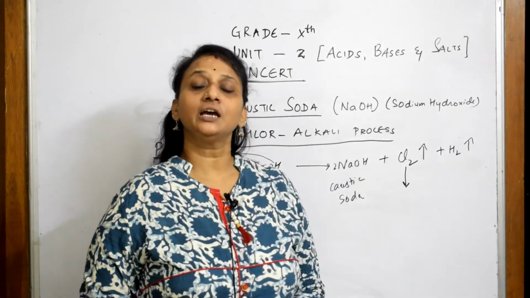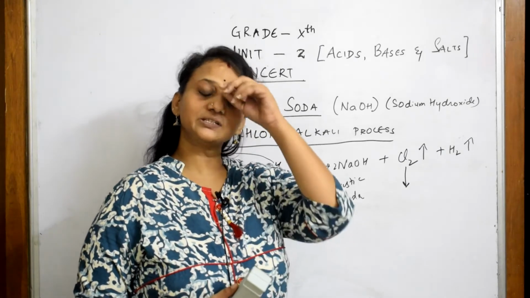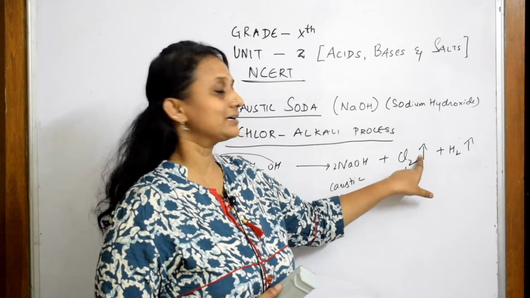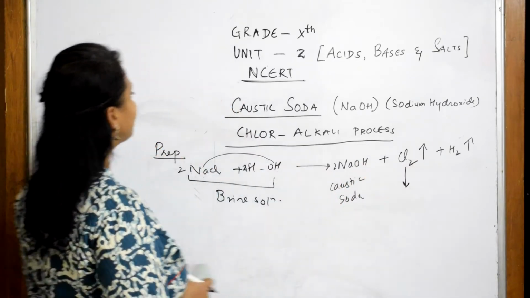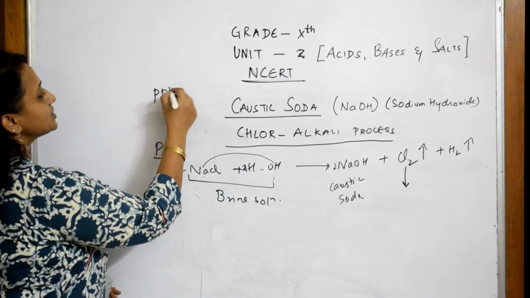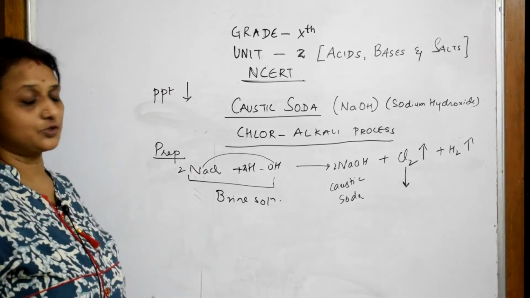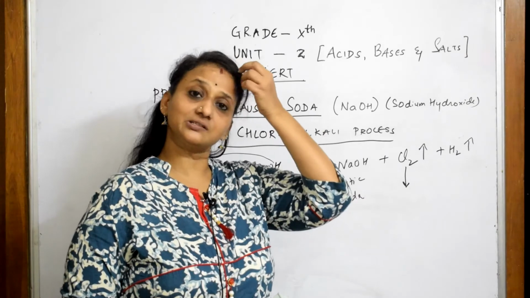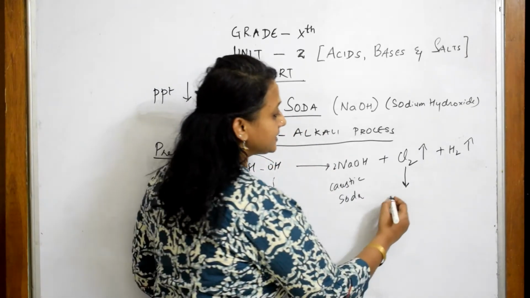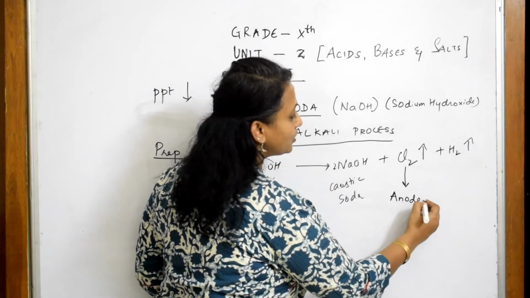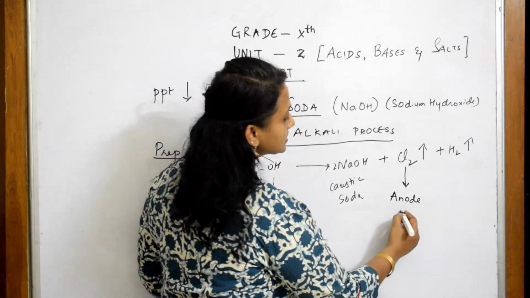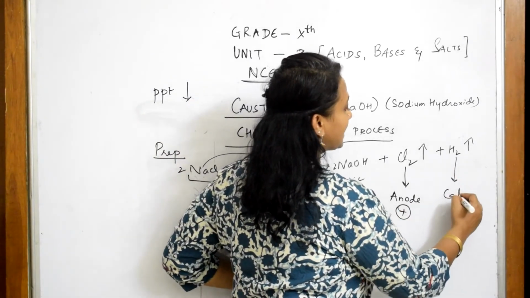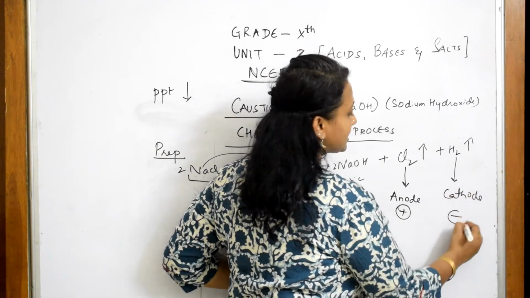Now, what is this arrow? In chemistry, we write or represent with different arrows. If there is a gaseous form, we write it as an up arrow. If it is a precipitate, if it is settling down in the test tube, I write a down arrow. So you need to remember that. So the up arrow means chlorine gas. Where is it released? It is released at the anode electrode, which is a positive electrode. Hydrogen gas is released at the cathode electrode, which is a negative electrode.